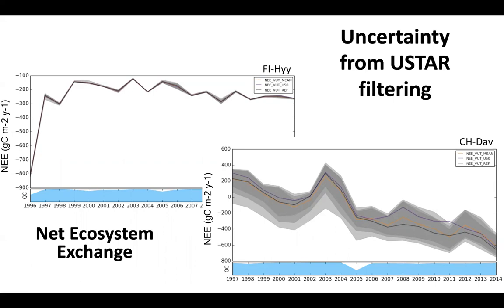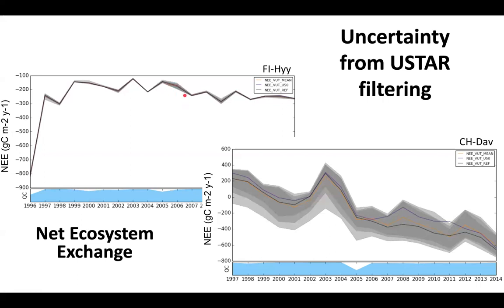So each point here is the value of NEE for that year. And you can see for the Hyytiälä site in Finland, the uncertainty that is coming from U-star, that is this shaded area around the reference, the mean, and the median versions of NEE,